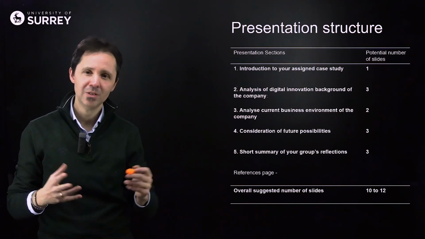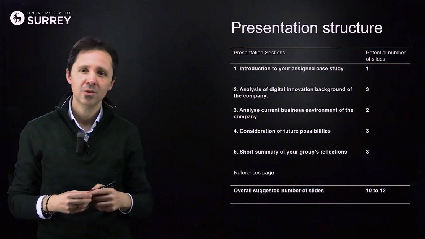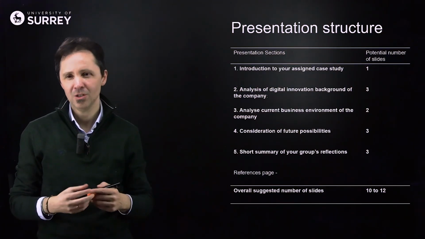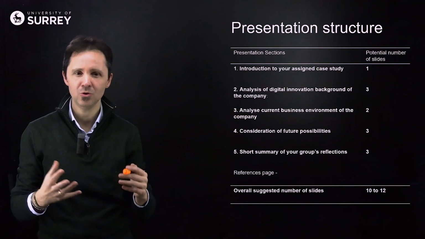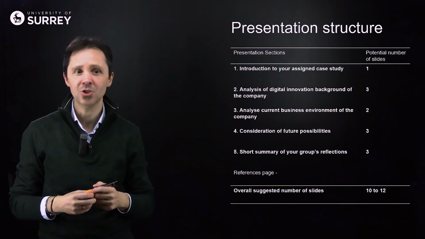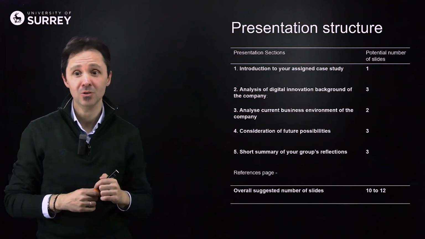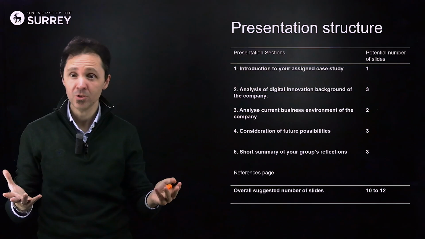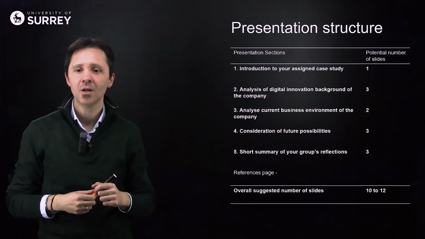Now starting with the presentation structure, as you know, it consists of 5 different sections. And the overall suggested number of slides is around 10 to 12. And of course in this table you also see a potential suggested number of slides for each of the sections. Now of course you are more than welcome to include more slides for each of the sections, but please